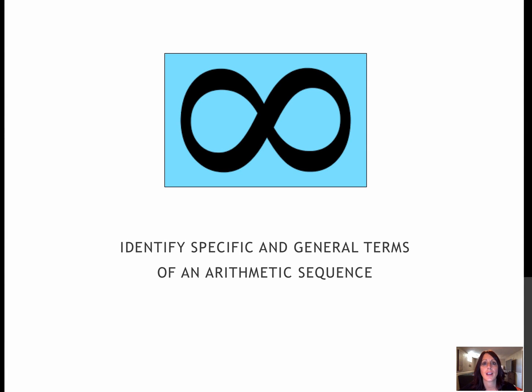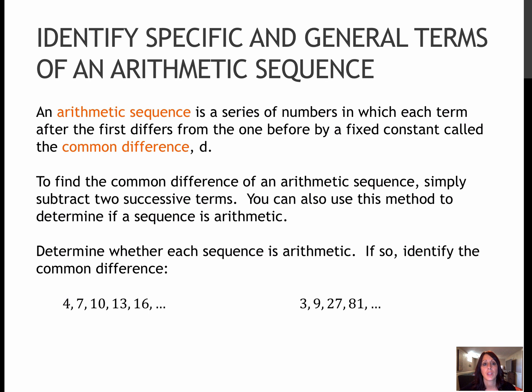We're going to start talking about arithmetic sequences. We're going to talk about how to write them, how to find the next terms in the sequence, and then how to find the sum of an arithmetic sequence. So an arithmetic sequence is a series of numbers where each term after the first differs from the one before